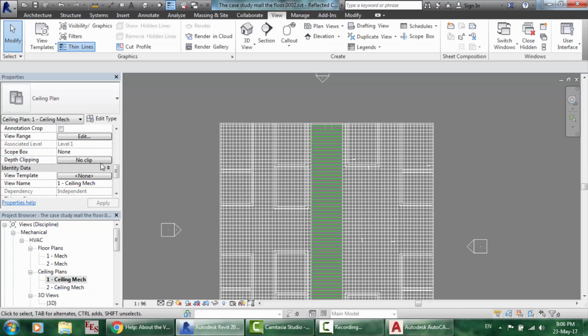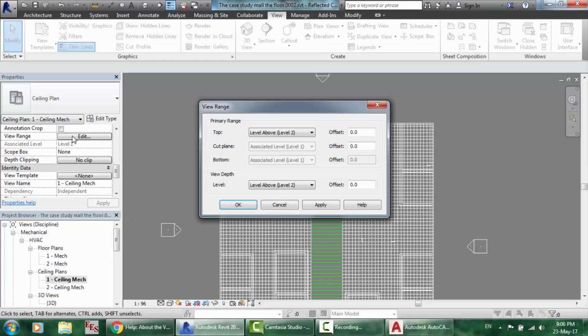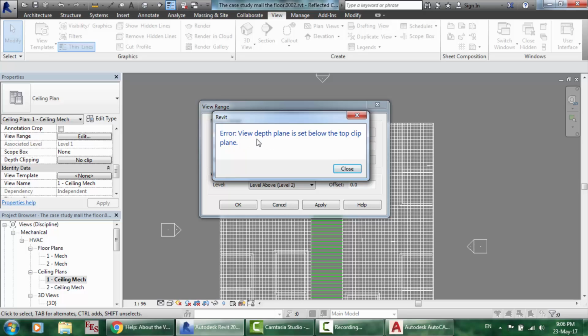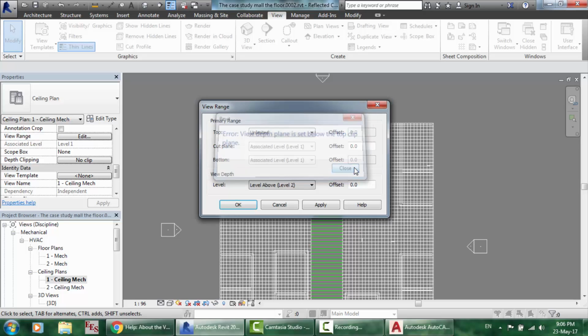So it's a trick, and you know that these are the tricks. And here the top, you can make it see level just to or you can make it unlimited, whatever. Okay, so you get error. View depth plane is set below the top clip plane. Make it